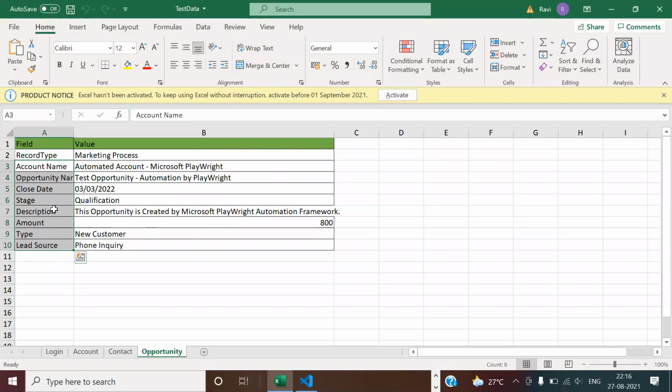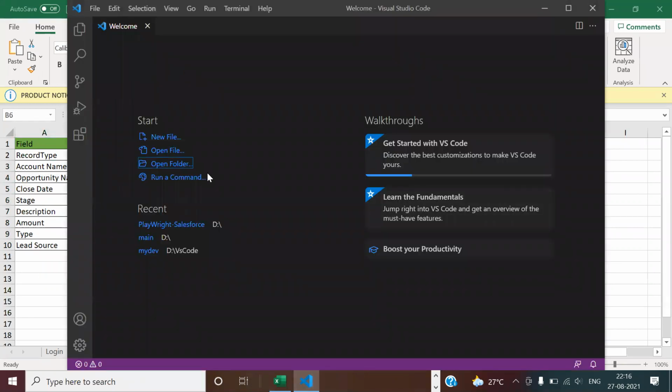Right. So as you can see here, I am not specifying any data type for the fields. I have given close date and it's a date. And as you can see, I have given account name, but this is a lookup field behind the screen. And these are all some text fields and state is a pick list.